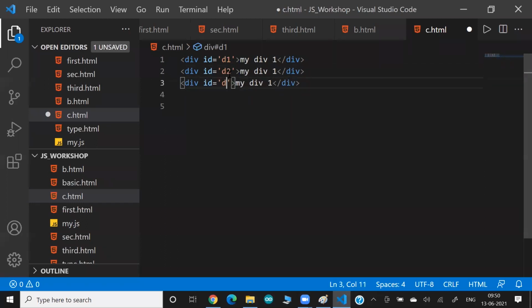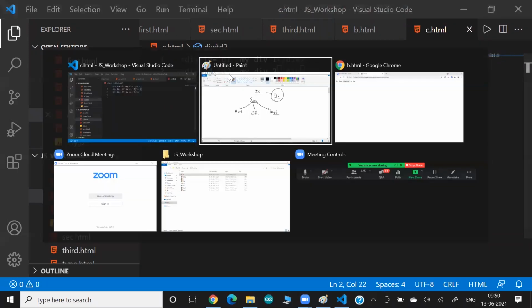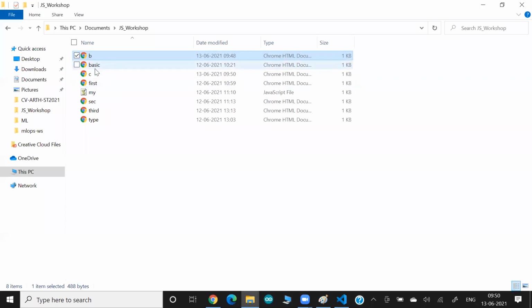These are the different IDs, D2, D3, and this is different content we are posting here. Okay, so nothing special about this file. It's pure HTML code. Okay, but in this HTML